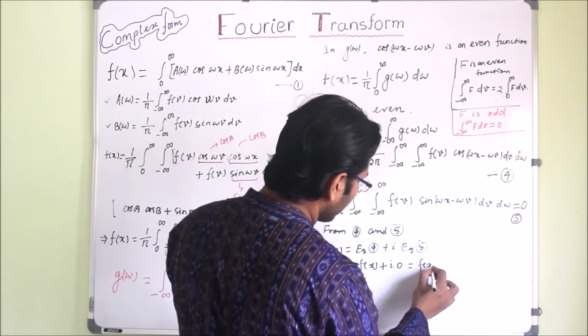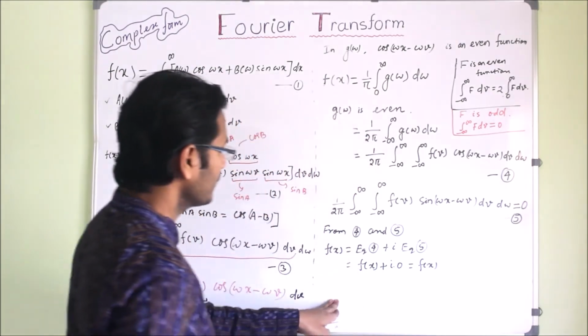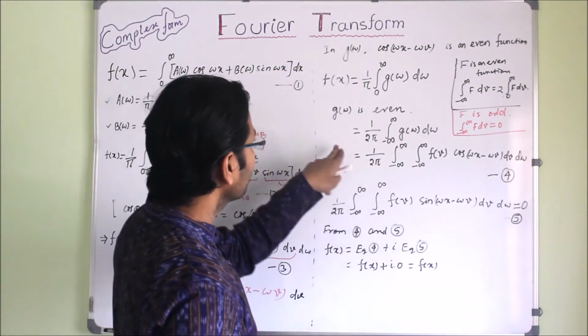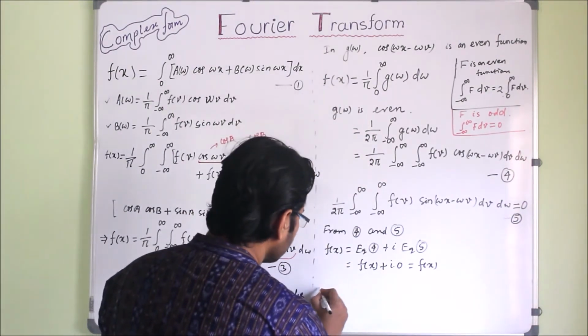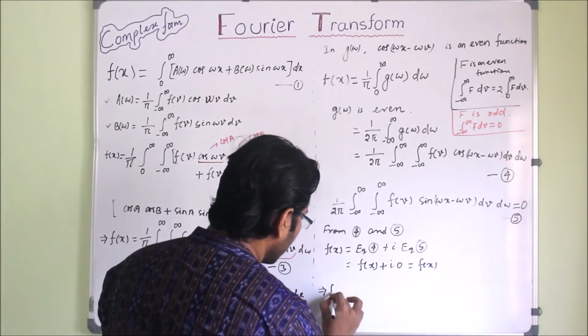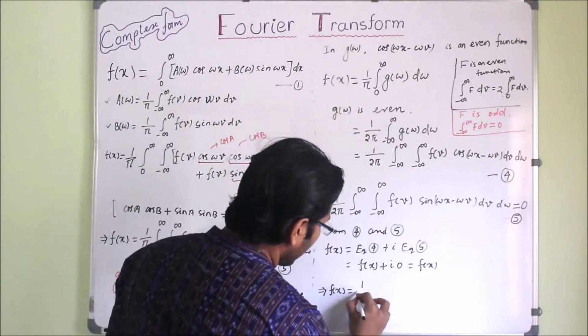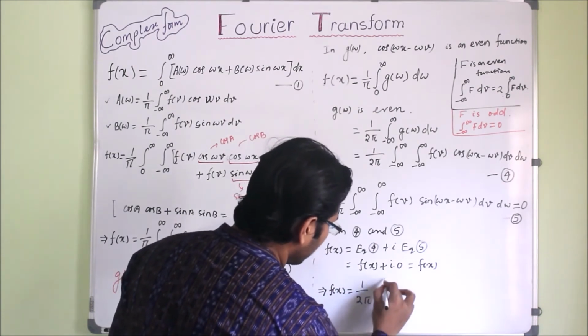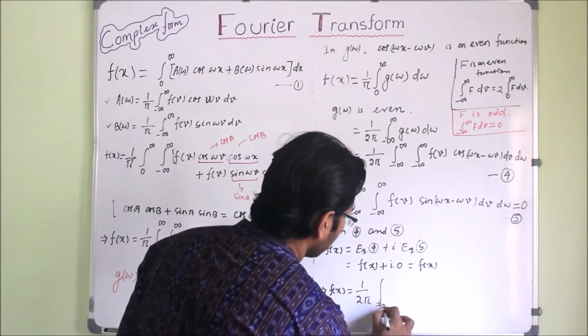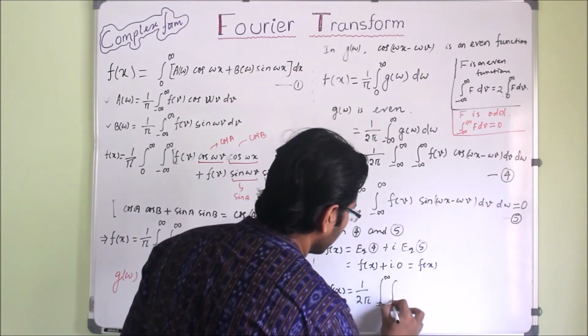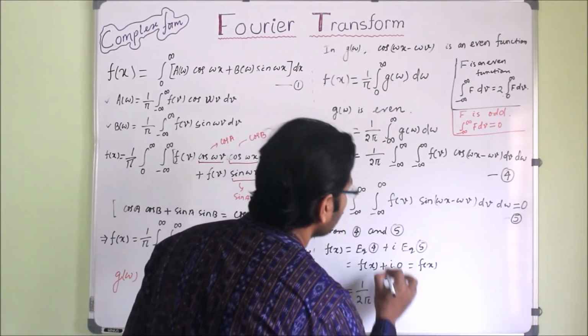So finally f of x. Okay, so if we sum it, then what will happen? We will see. So finally f of x will be 1 by 2 pi times the integral from minus infinity to infinity, another integral from minus infinity to infinity,